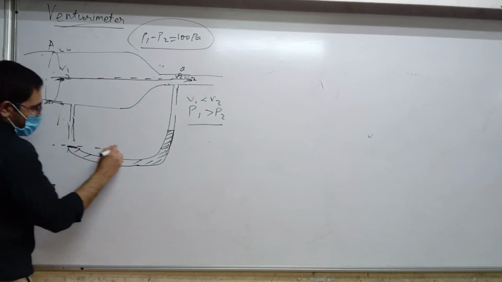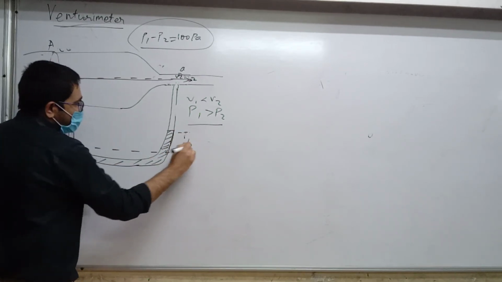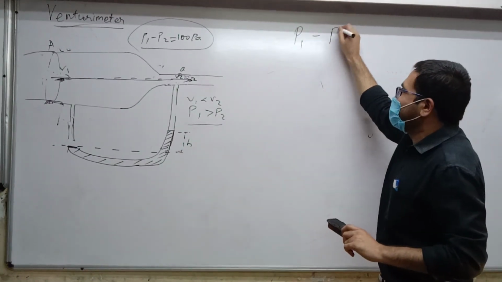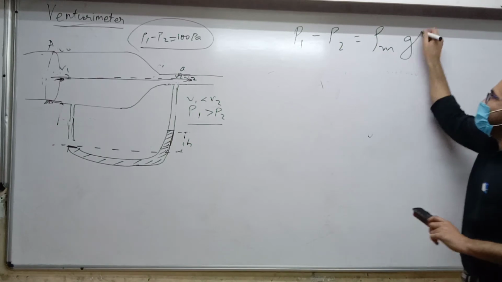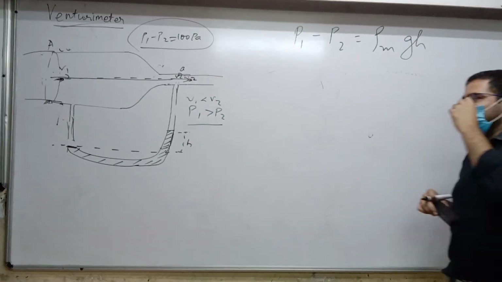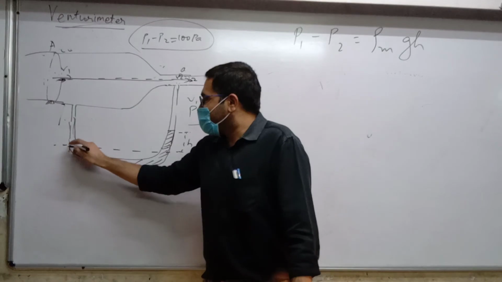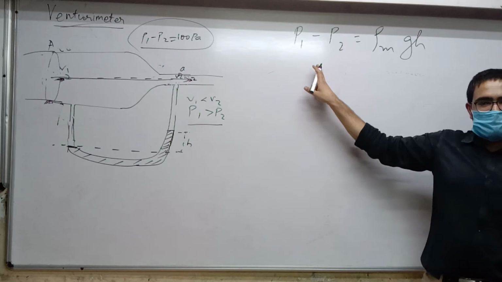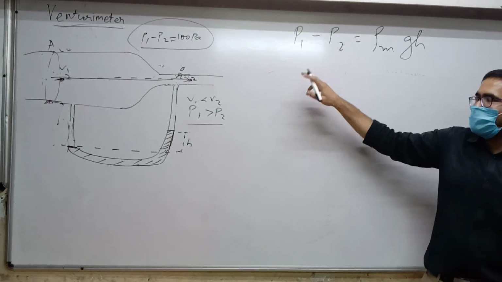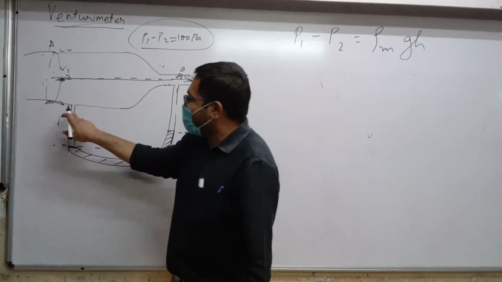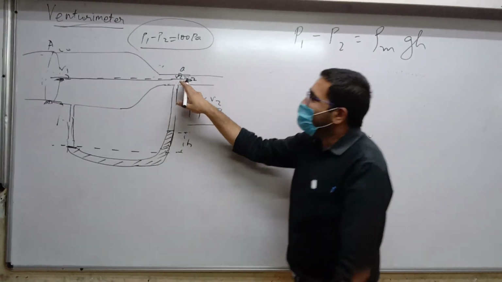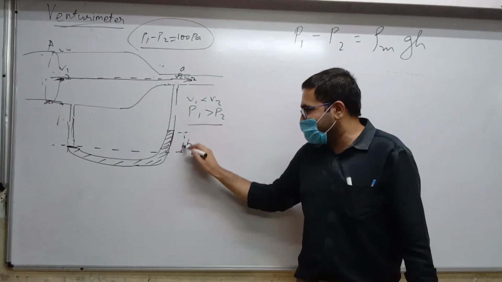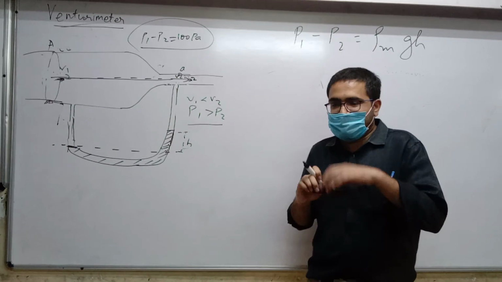So now there will be a difference of height, yes or no? Yes. So same principle as in the manometer. Pressure difference P1 minus P2 will be equal to rho g h. Normally we use mercury, like I said, because mercury is very dense. Fine, put that aside. Is this equation clear? Pressure difference, P1 here and P2, the difference is rho g h, where h is the difference of these levels of mercury.